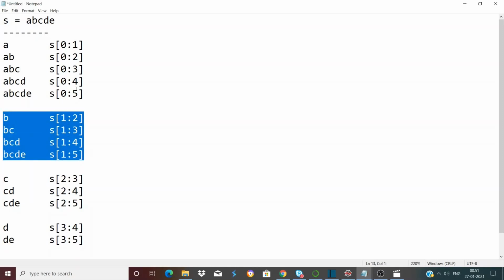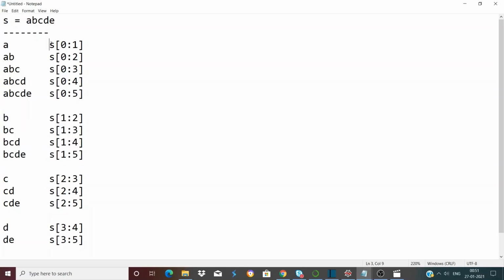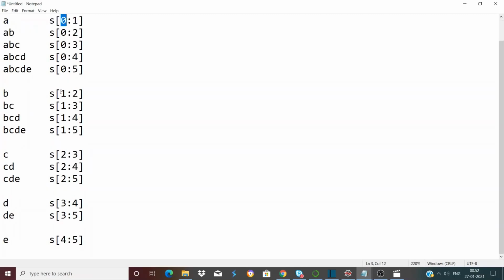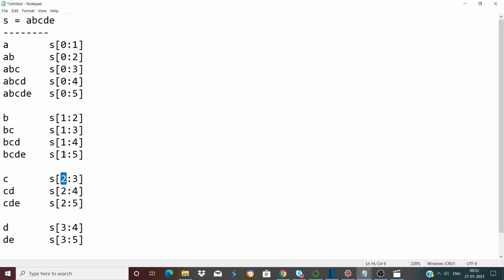So obviously, from the structure of the slicing operator, you can clearly understand we will need a nested loop to implement this. The outer loop will take care of fixing the characters. That is, in the first iteration of the outer loop, we will fix the index 0. In the second iteration of the outer loop, we will fix the index 1. In the third iteration of the outer loop, we will fix 2, like this. And the inner loop will take care of finding all the substrings for every fixed character.